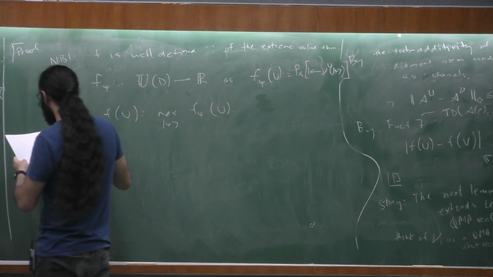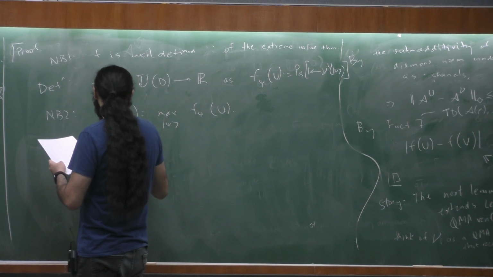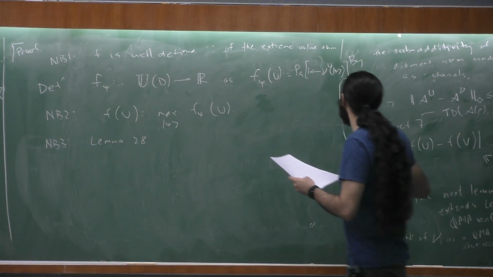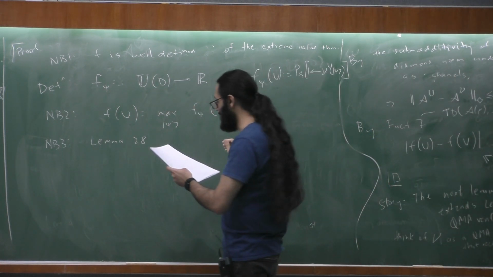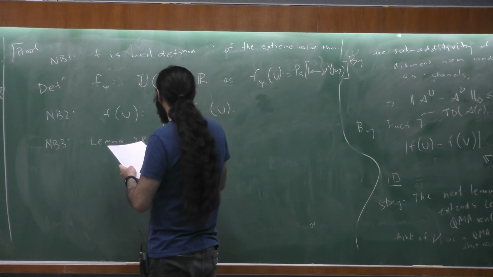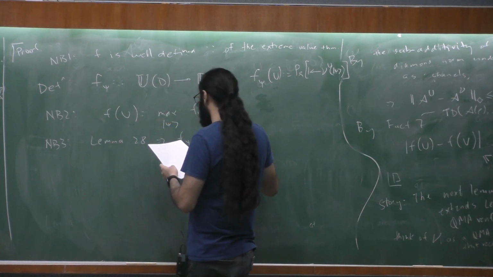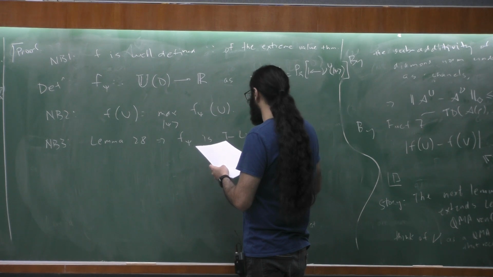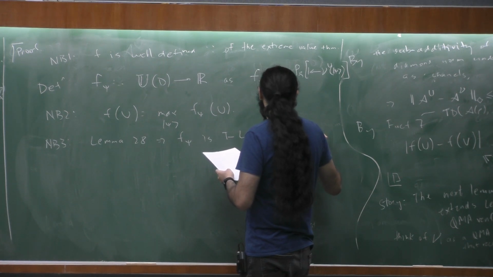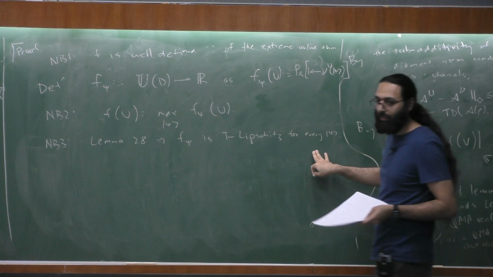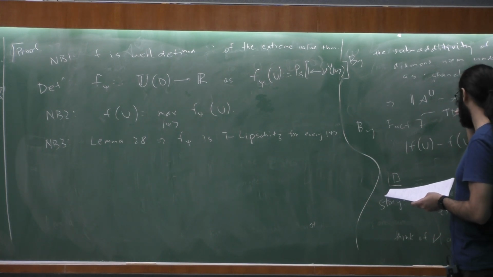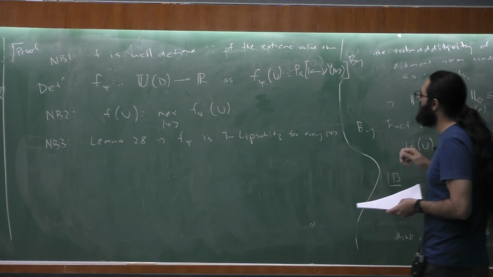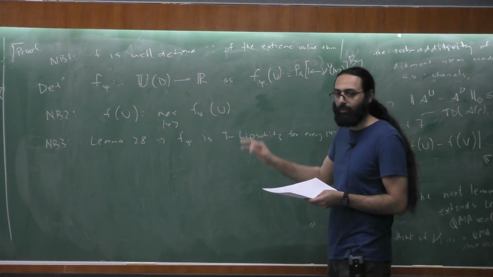The third note is that Lemma 28 actually applies to f_psi, because psi is a parameter, a fixed psi. Then I can run the lemma. So the lemma says that f_psi is T-Lipschitz for every psi. This is fine, right? Oh no, where did I write? Did I remove the lemma? Okay. You'll have to check the statement of the lemma, but